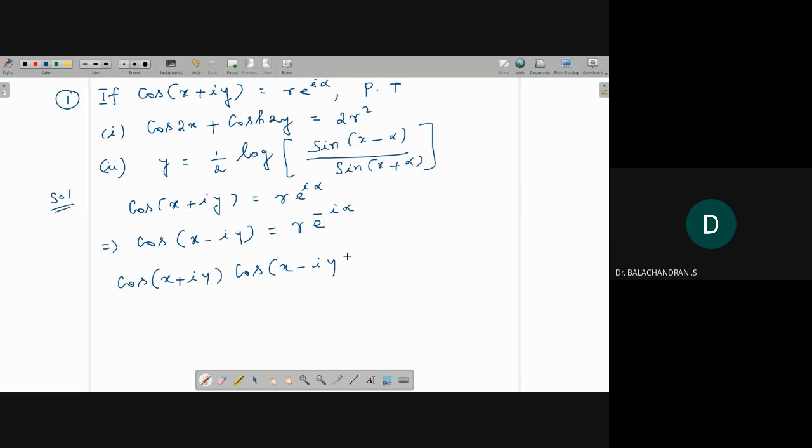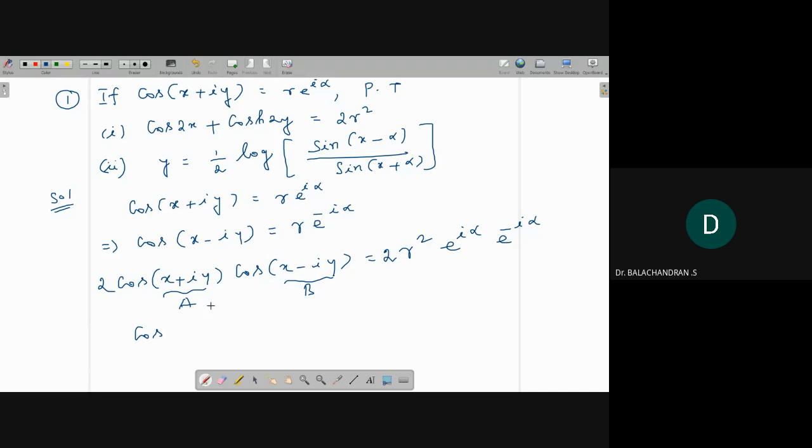So we solved a similar type of problem, I think 2 days before. If you know, you can tell what is the problem. I am multiplying the left hand side. Similarly, I am multiplying the right hand side. R square into what? R square into e power i alpha into e power minus i alpha. That is 1. Okay, I'll write here. And multiply both sides by 2. So 2 cos A cos B is cos of A plus B,